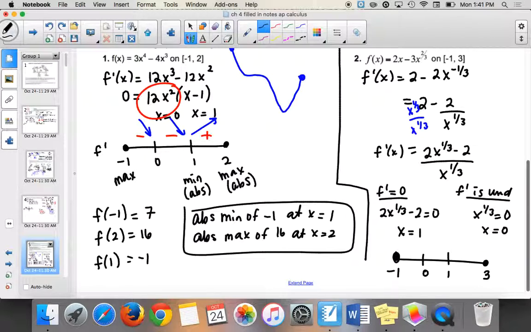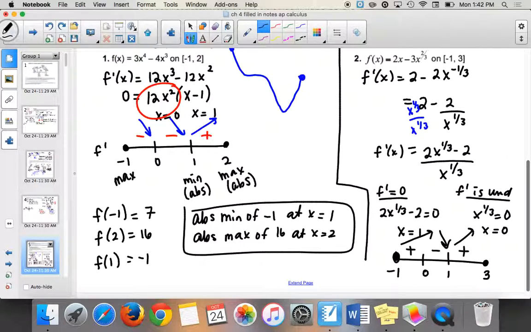All right, then we test in each location. So if I try -1/2, yeah, I think I get a negative on top and then negative on the bottom, so it's positive together. And then if I try 0.5, I get a negative on top and a positive on the bottom, so negative. And then if I try something bigger, I get positive, positive. So it goes up, down, up.